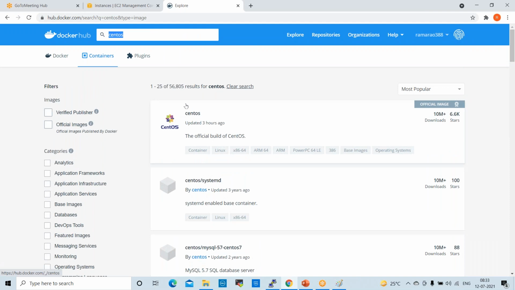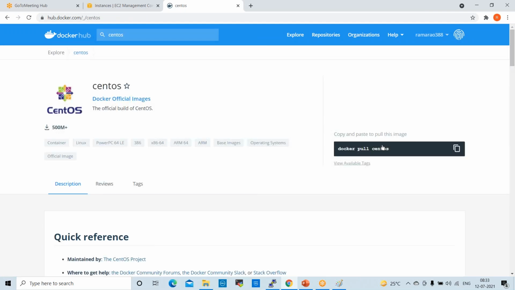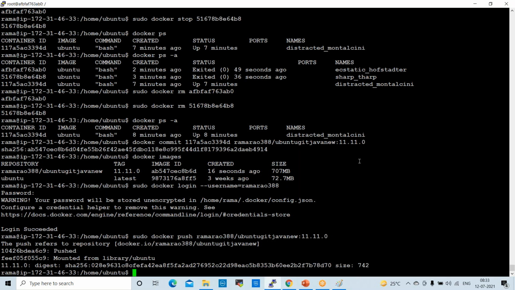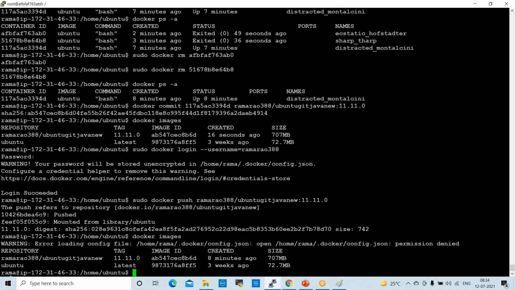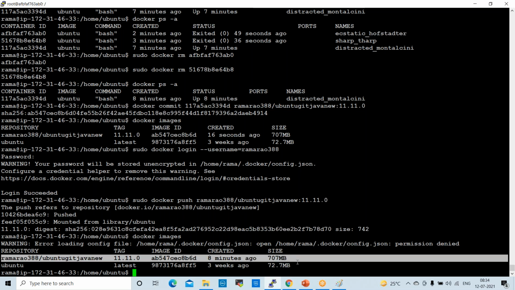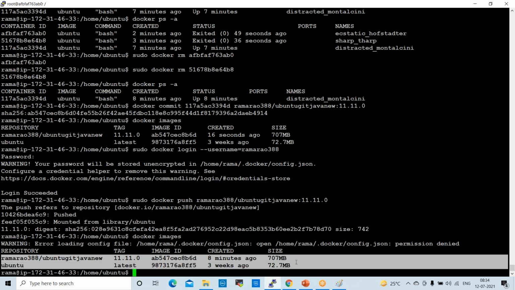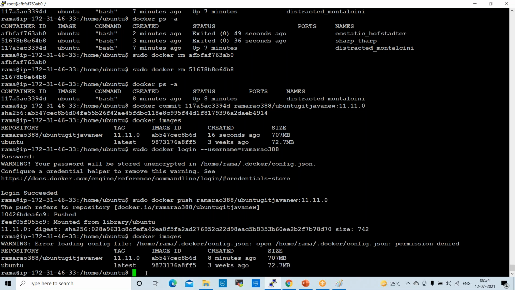Now I want to pull the CentOS image into my local. The command is docker pull centos. Go to local and run docker images. Currently we have these images available locally. Now I pull CentOS also with docker pull centos.